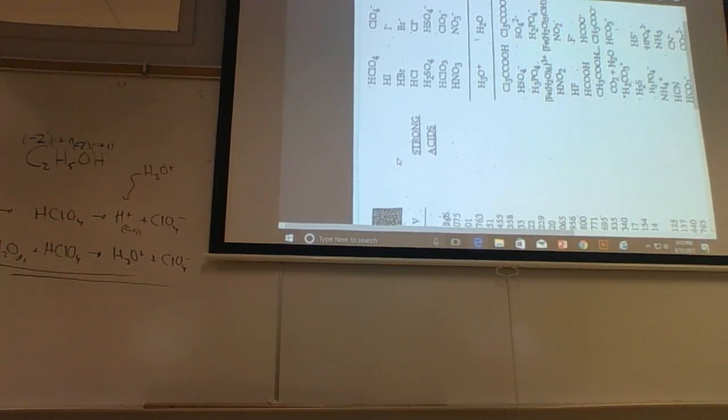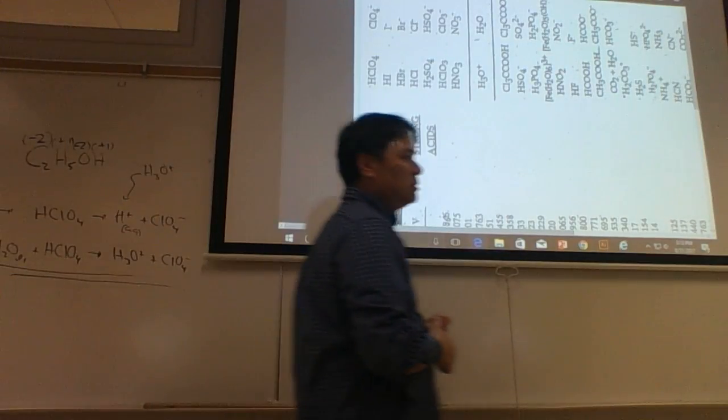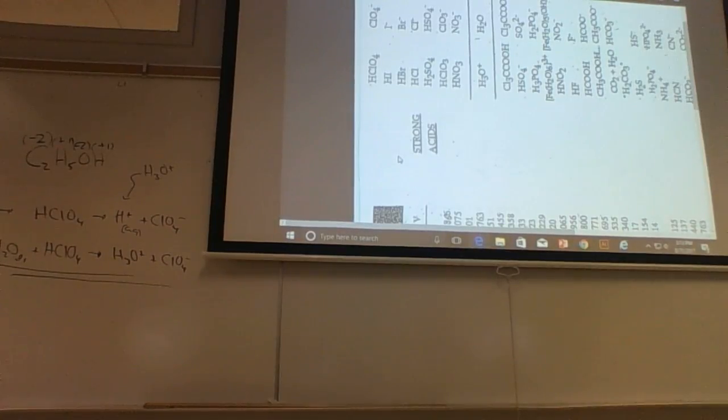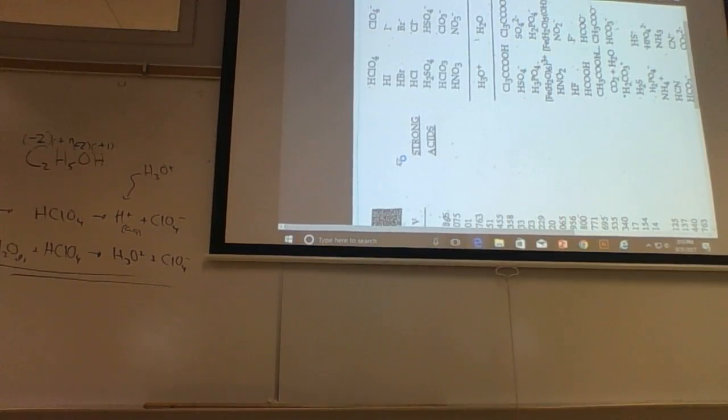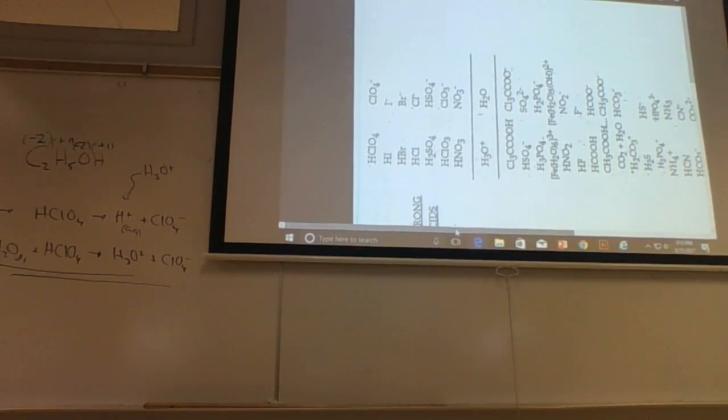Versus acetic acid, is that proton plucked off easily? No. And so acetic acid is going to have a lot less H plus, and so that's a weak acid. And so we have to worry about the leveling effect of strong acids, and we have to worry about the leveling effect of